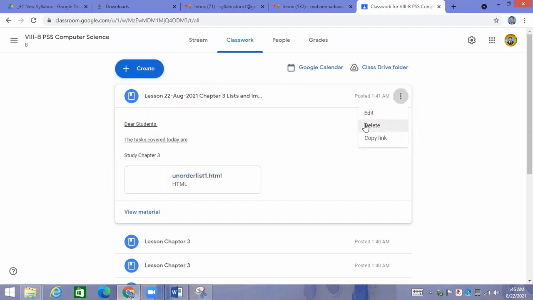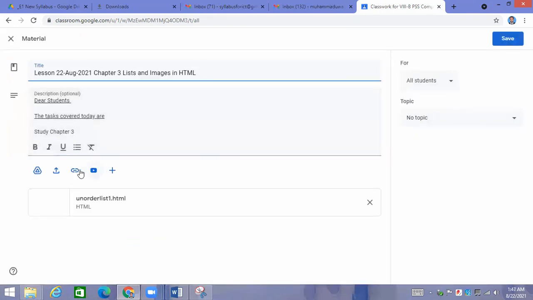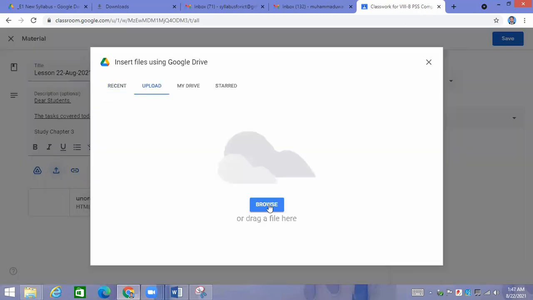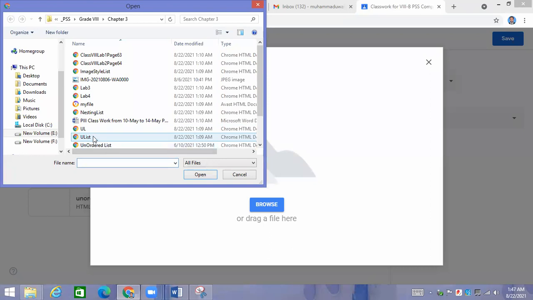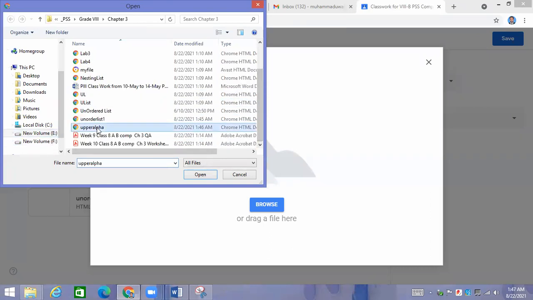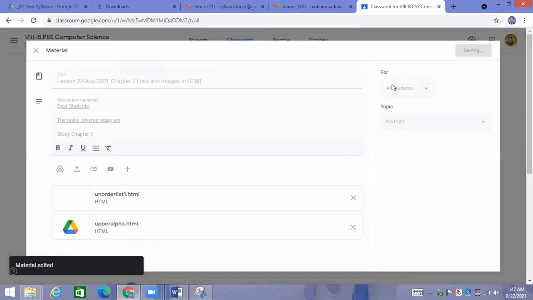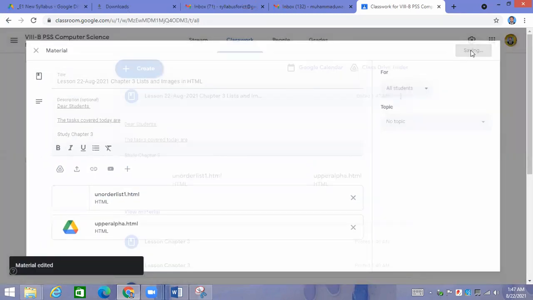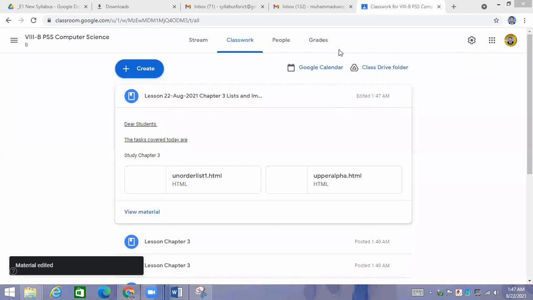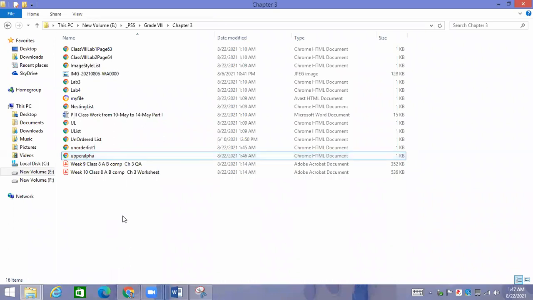So this file of unordered list, I am going to give you in your today's post. This file, upper alpha, lower alpha. You will make the changes right now if you are able. Those who are working on the laptops or desktop PCs right now should open, download and try to run it, and check whether upper alpha is visible or not when you change to it, and lower alpha as well. When you apply decimal, check whether decimal numbers are there or not. Upper Roman, lower Roman, all these options you are going to apply.